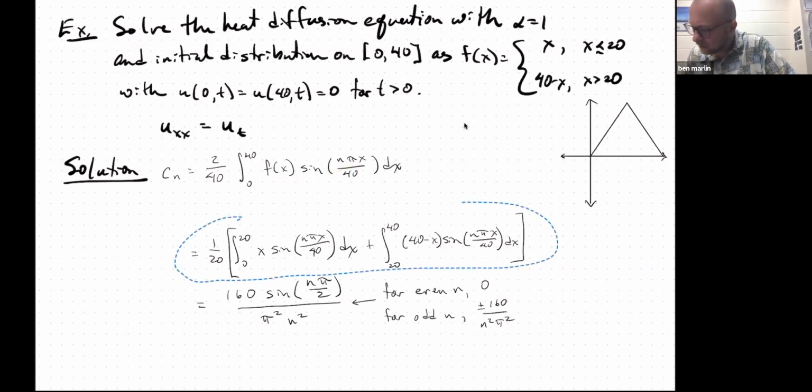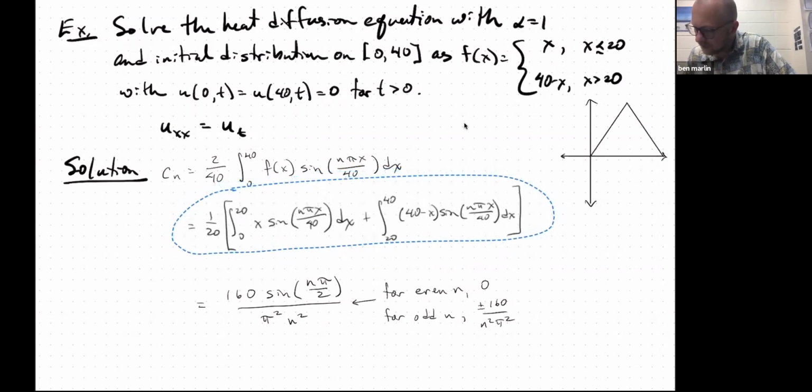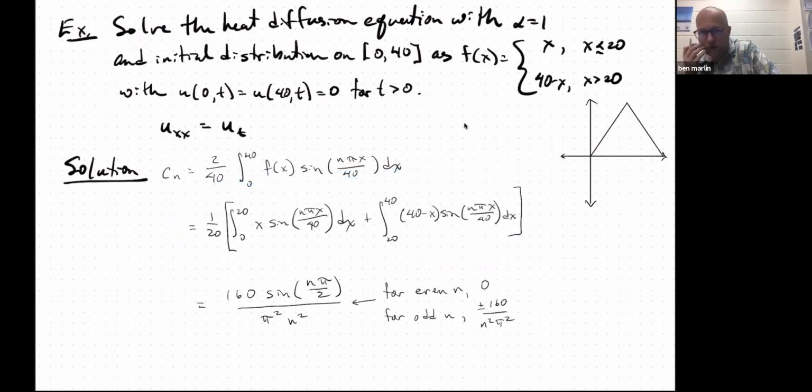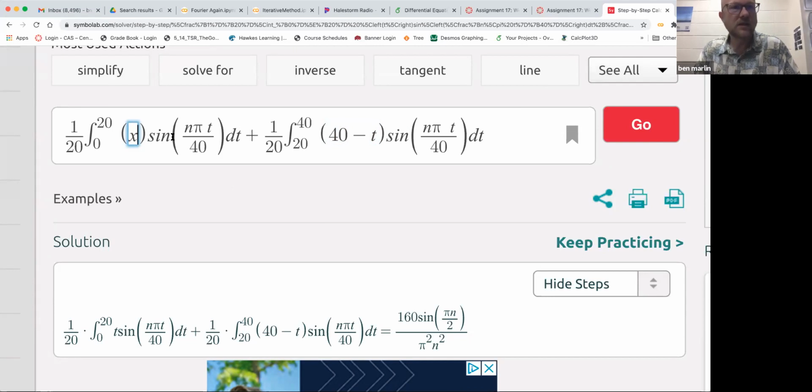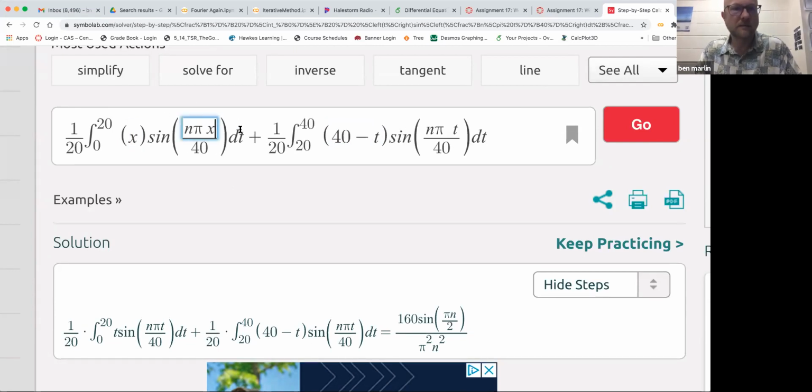So for me doing the integral there, I went ahead and broke it apart into two pieces. And in doing that, I don't want to integrate it. Gosh, how do I avoid integrating something? How do y'all avoid integrating something? Why, look, it's our good friend Symbolab. So for that Symbolab, I'm just taking the f of t. Well, I use t here instead of x, but that shouldn't really matter. I will change it